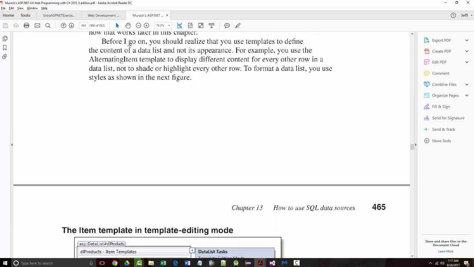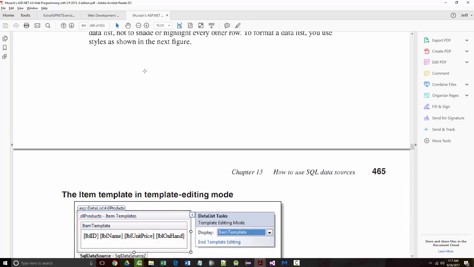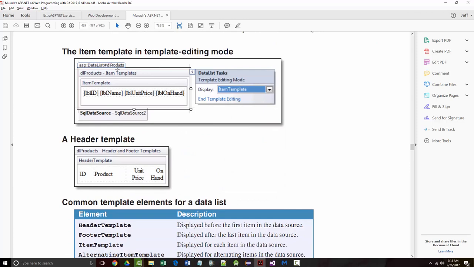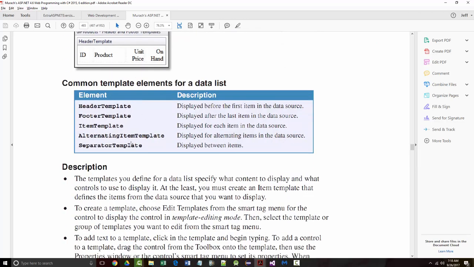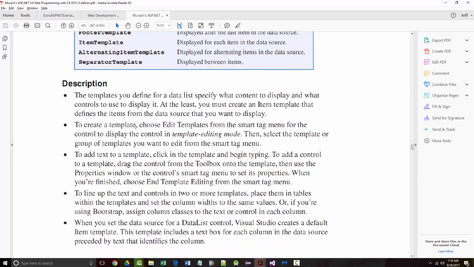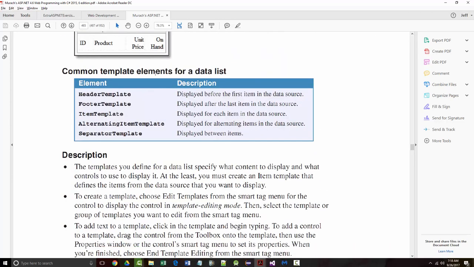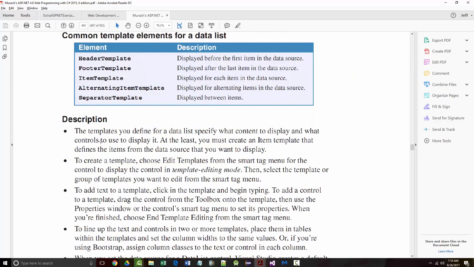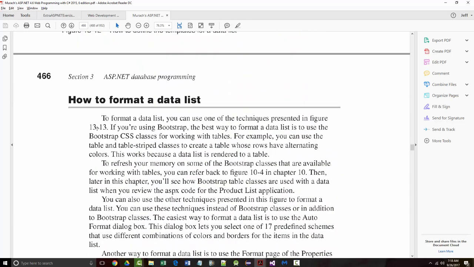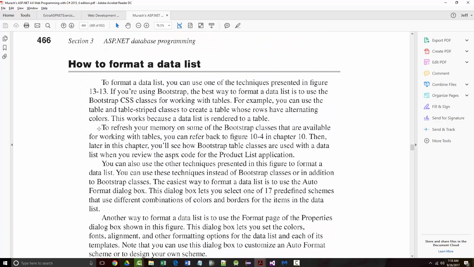Before I go on, you should realize that you use templates to define the content of a data list, the content and not the appearance. We'll look at that in just a bit. So here's how you do an item template. Here's how you do a header template. These are the common templates. And here's a little bit more rehash of what I just gave you on the bottom of the page. So we just said that when you do this, it shows the content but not how to format them. So how do you format them? That's next on pages